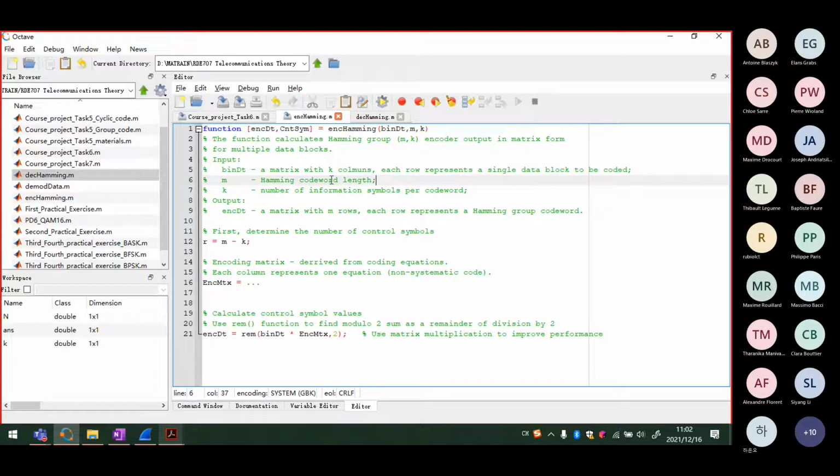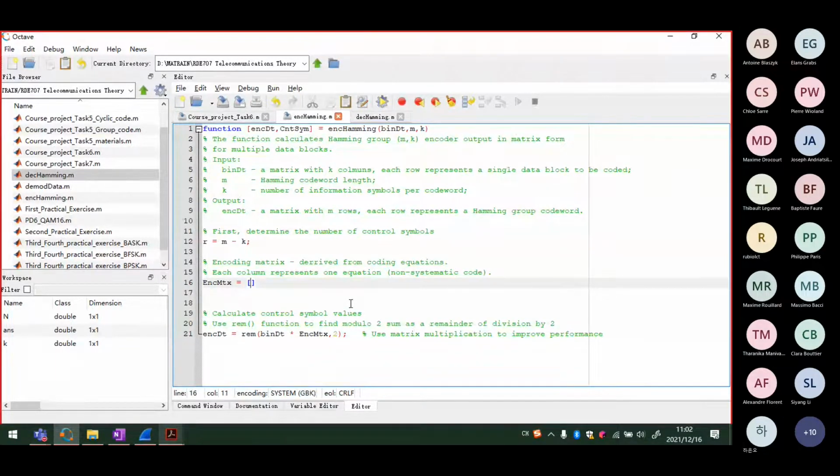And we need to know the code word names and the information symbols per code word names. And we will use the matrix multiplication. And so here we need to specify our